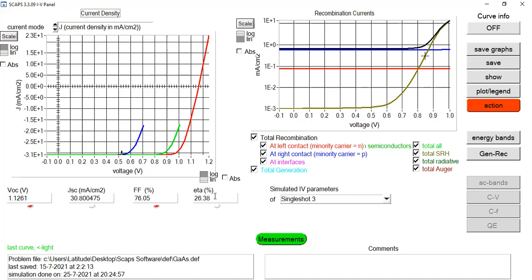So I hope today's lecture will be very helpful for those people who are working on solar cell simulation, for those people who are working on perovskite solar cell simulation in SCAPS 1D, and they don't know how to add the back metal contact in their simulation. I have explained in great detail what kind of work energy functions different metals can be used, and also the reason behind selecting metals with a higher work energy function versus metals having lower work energy functions.